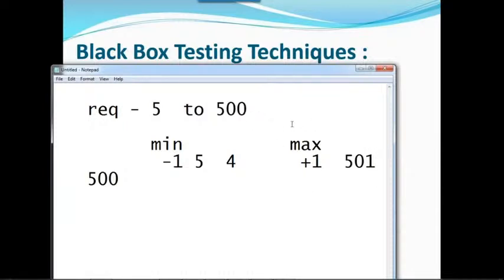So this is the way you need to test that application. Because there are large numbers, you cannot test 5, 6, 7, 8, 9 like that. So you need to take a minimum value and a maximum value. Minimum value minus 1 and maximum value plus 1. So it should not allow. 4 is allowing means that is a bug. 501 is allowing means that is a bug. And also you need to test in between; you can take any number, it should work. Suppose you can take 400, it should work, because it is in between. You can take 9, it should work. Randomly you can test that one. So this is the way we need to test boundary value analysis.